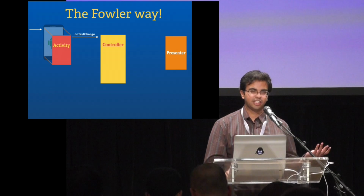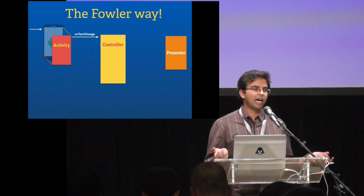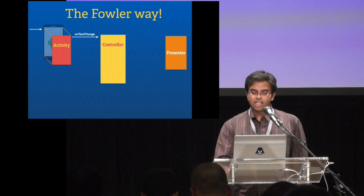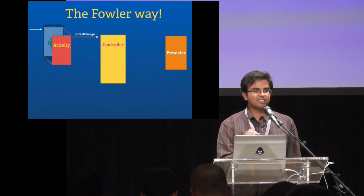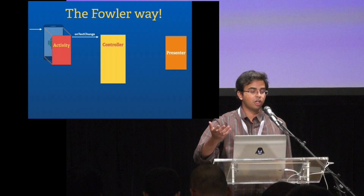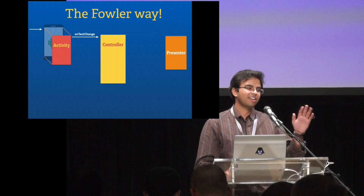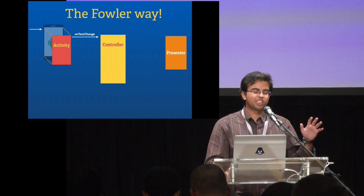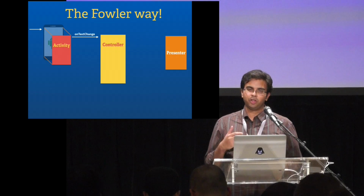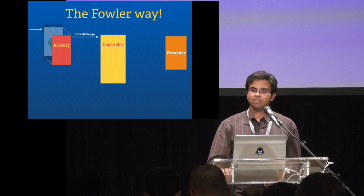Now, what exactly is a presenter? Because again, many of these terms are used interchangeably in many of these patterns. So I'll try to be as clear in my understanding of these objects. A presenter is, again, another POJO. It's important that all of these are POJOs, which are plain old Java objects. A presenter is this simple object that tells the controller, hey, I gotcha. All you have to do is just give me the ingredients. So give me the raw ingredients. I'll cook the output in the way that you want, and I'll give you a nice, well-prepared meal,